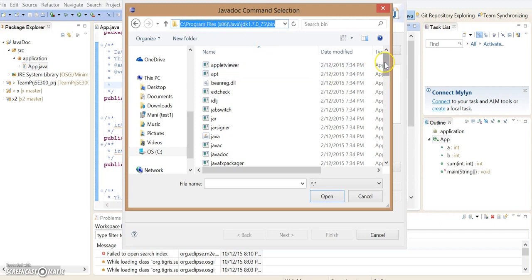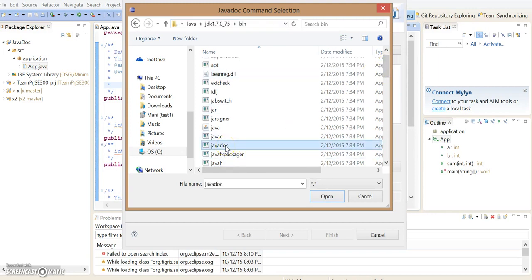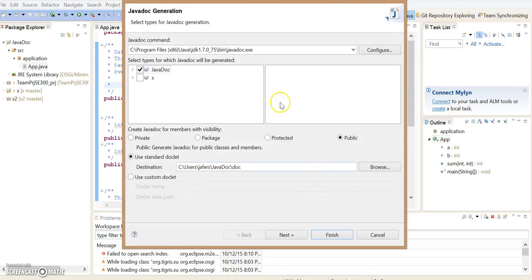Now once you're inside bin, look for javadoc.exe, the executable. So this is the file we want, javadoc.exe. Open, and this is the path that we just went through. Okay. Then the next thing it's going to ask us,